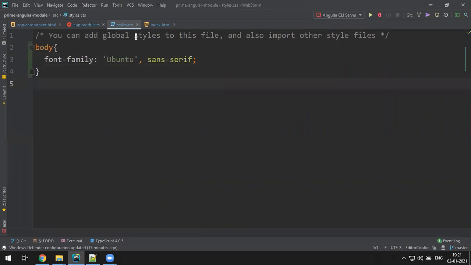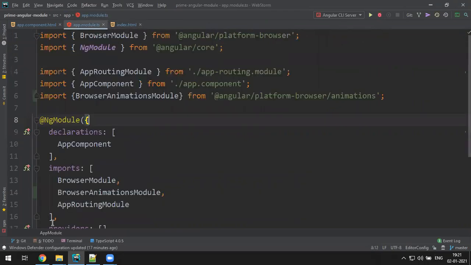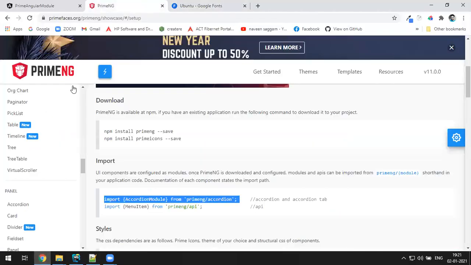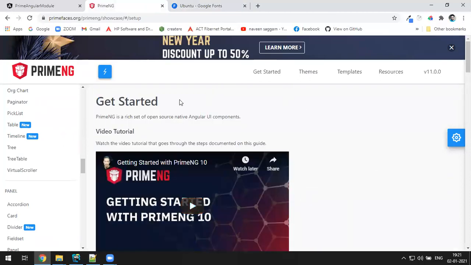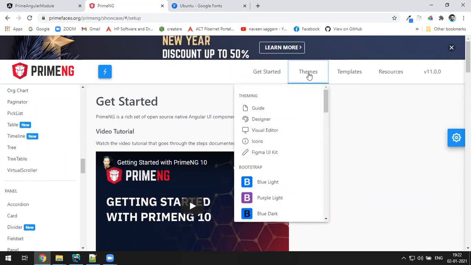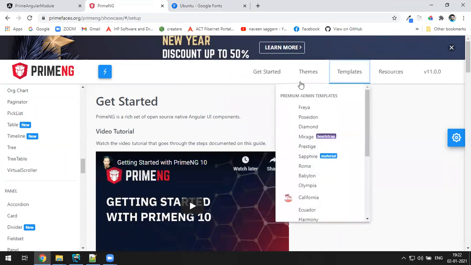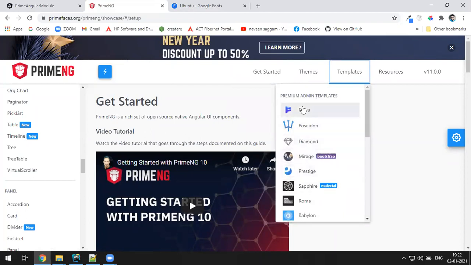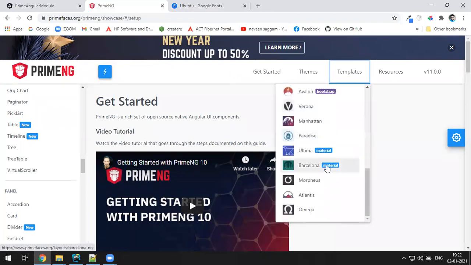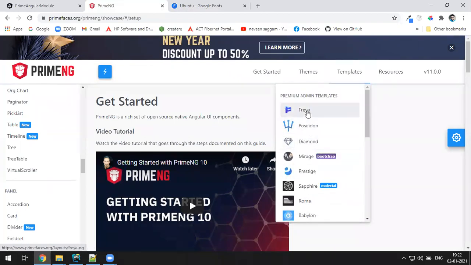dashboard. This is very new to me also. I never used this library in my company, but maybe going forward I'll start using it. But we can't make the whole dashboard here. Actually, you can go to themes. They give you a few examples also. Templates are there. Admin templates. This type of templates you have to make actually yourself. So you can download and you can see the source code.